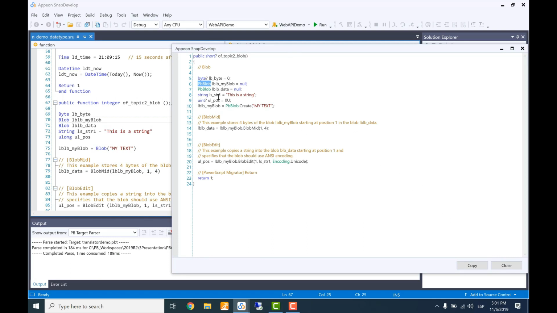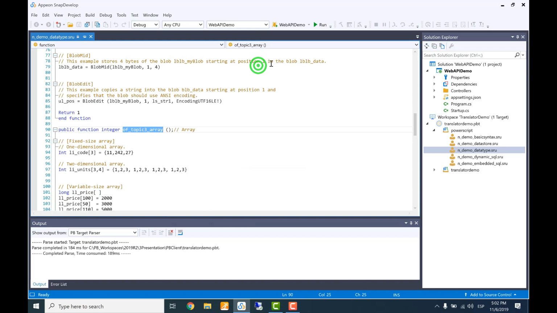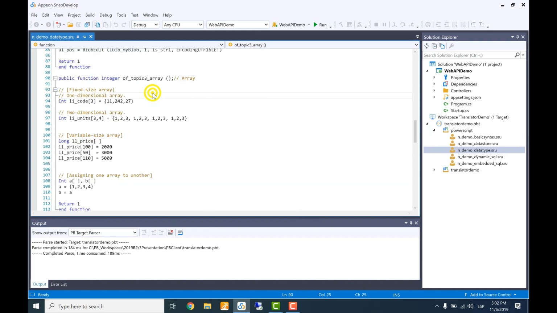So let's see, this is the PB blob. Let's take a look at some other examples of some other data types. Now we will continue with the arrays. Now you'll see right here, if I click in here,